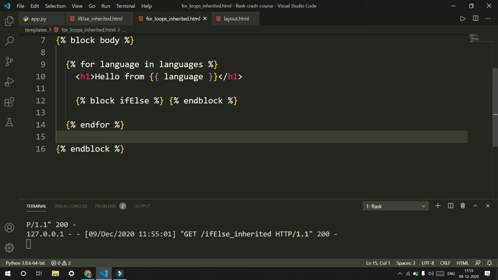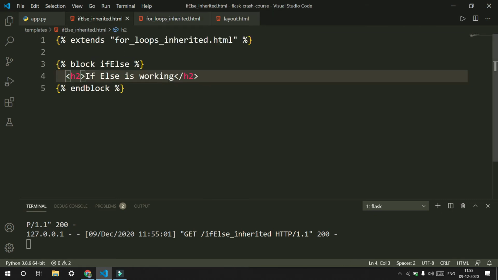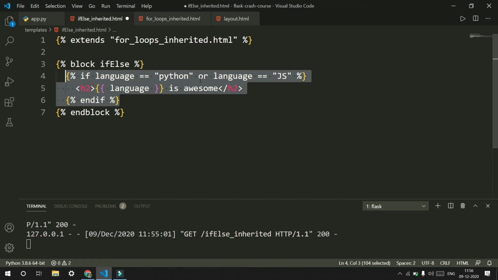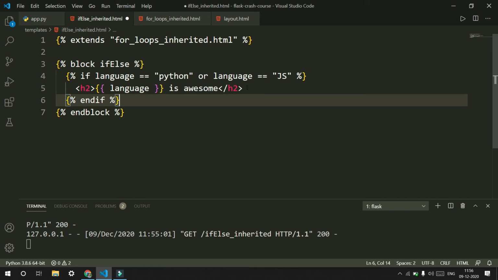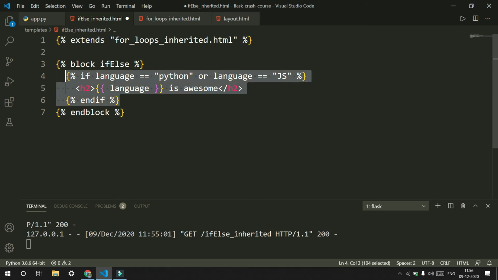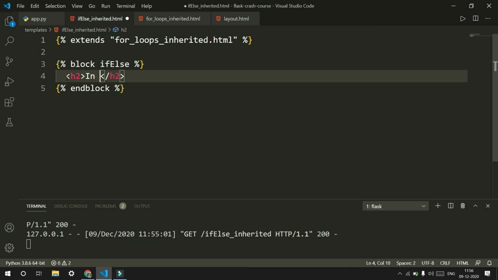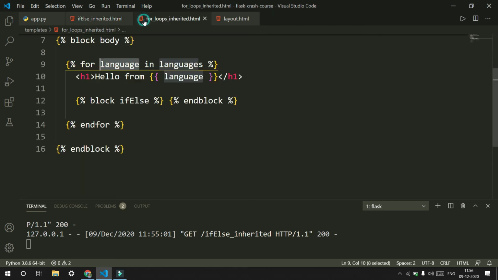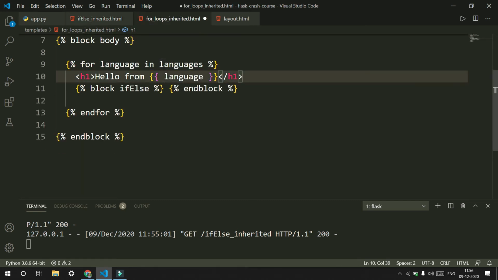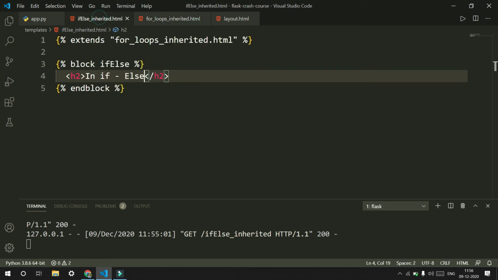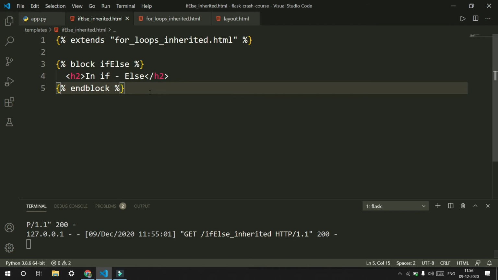I think it's because the language variable which we are referencing is restricted to the for loops file, but we are trying to access it from another file. So I think it's because of the scope that it's not working. So if I just remove the if condition, if I just say if-else, I think it should get rendered 4 times because we are inside the loop. It will get rendered 4 times. So we'll see. If I refresh it,